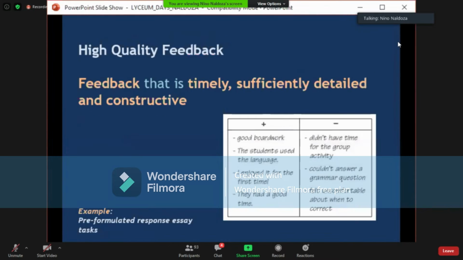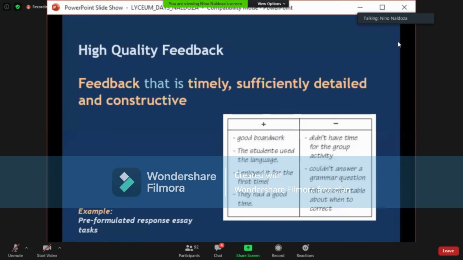Next is high quality feedback. How do we give feedback to our student? That's very important, no? Isa sa mga sabi nila, pag tumatagal na tayo sa serbisyo ng pagtuturo, yung mga unang 10 taon natin sa pagtuturo, napaka-dynamic pa raw natin. Pero habang tumatagal na, dahil we're used to it, nagiging repetitive na yung ginagawa natin, hindi na tayo nakakapagbigay ng magagandang feedback.